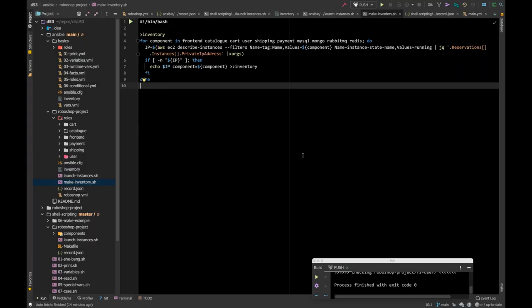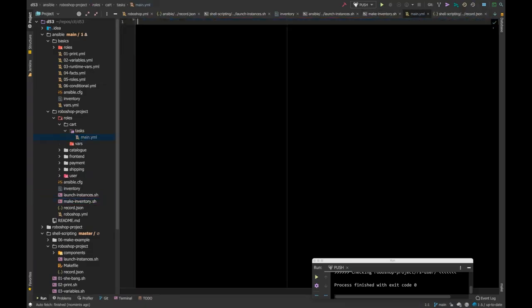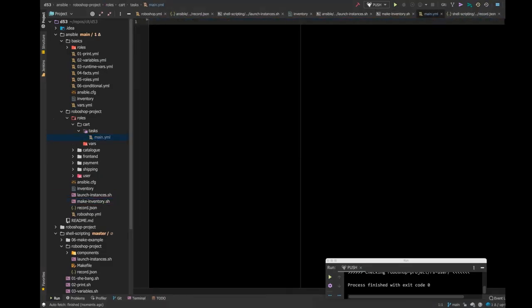Okay. All right. And the next thing is, let's do the work which is related to the cart. Okay, so the cart main.yml file is here. Now we have something around the cart, right? So we have